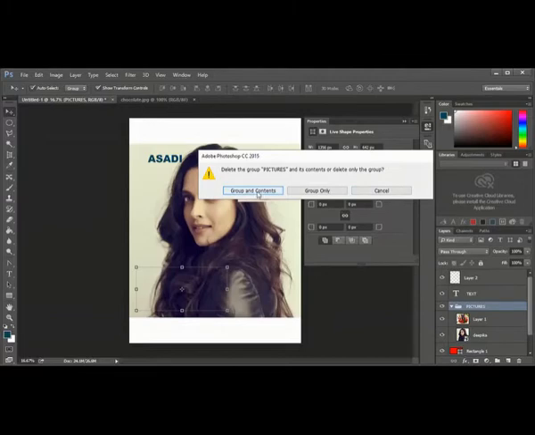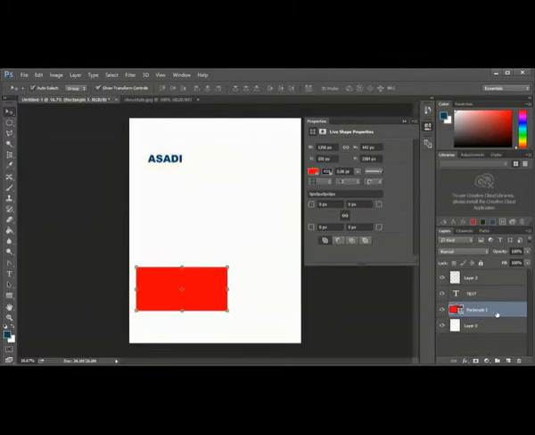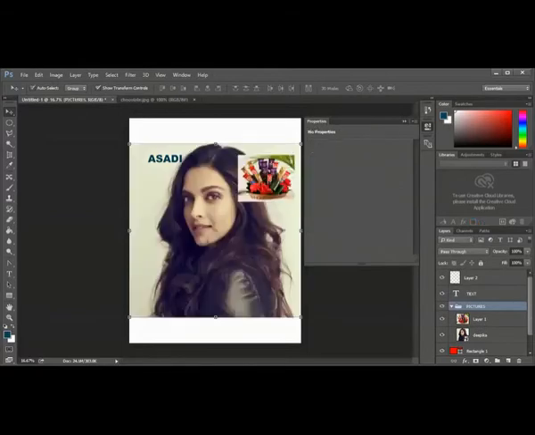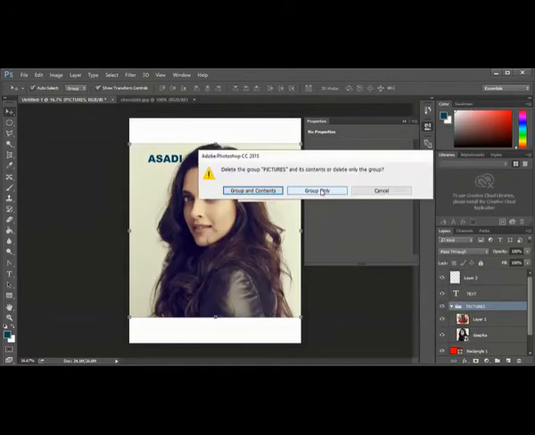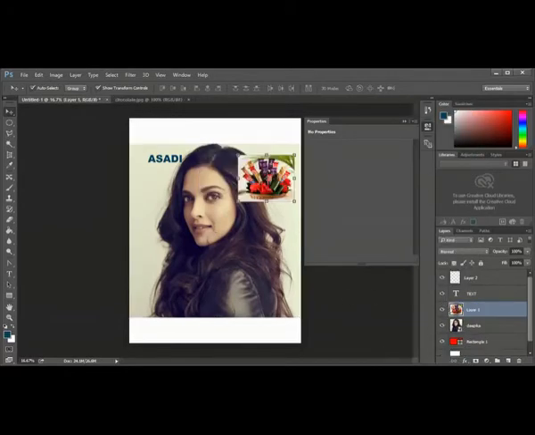Suppose I click this one. See, my pictures are gone because I deleted both the content as well as the group. So I will undo this, Control Z. Okay, so that is a group. So I will remove only the group. I will keep the picture there, right click, delete group. I hope you got some idea now.